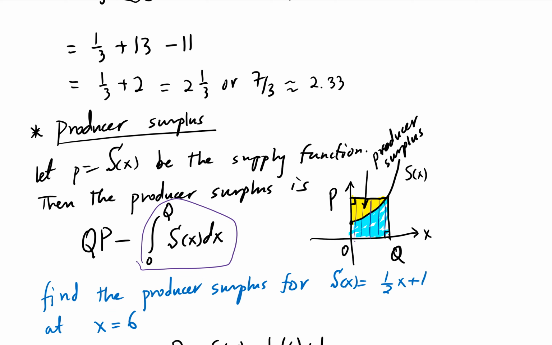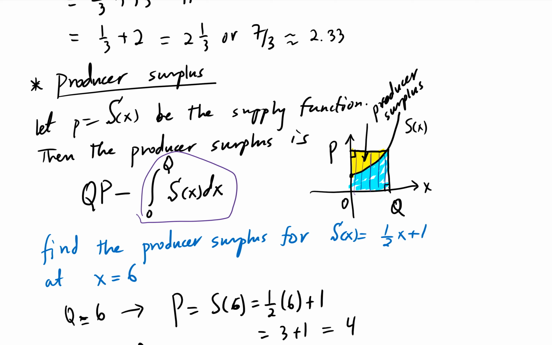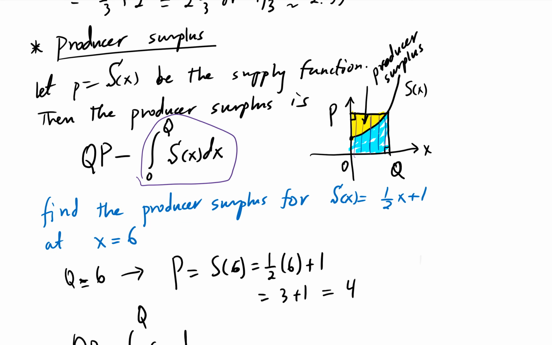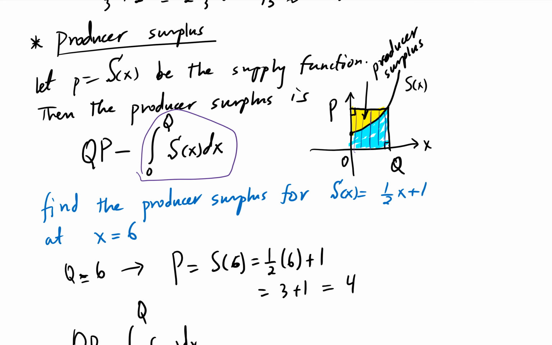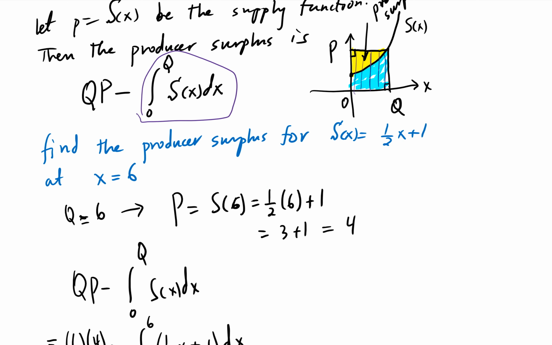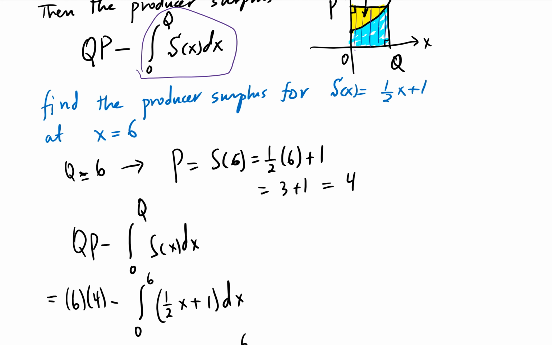Find the producer surplus for this function. S of X equals 1/2 X plus 1 at X equals 6. To run the calculation, Q again is 6. So we find the supply function, or P is S, calculated as S of 6, which is 1/2 times 6 plus 1. That gives us 4. Then we go back to the formula. QP, Q is 6 and P is 4, minus the integral from 0 to 6 of 1/2 X plus 1